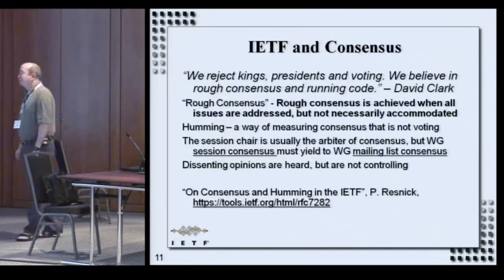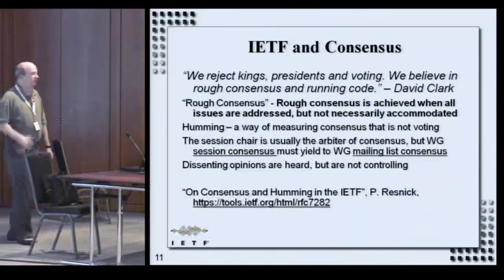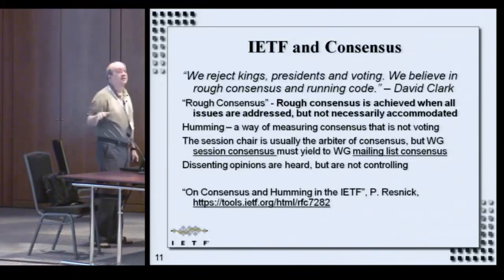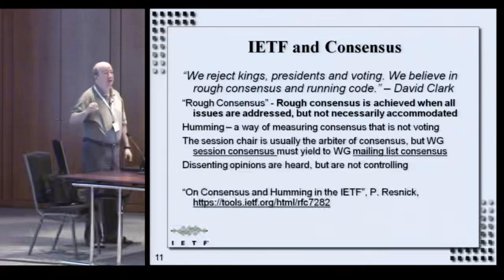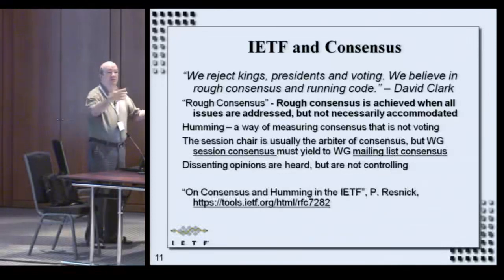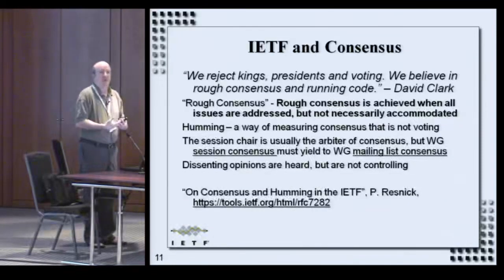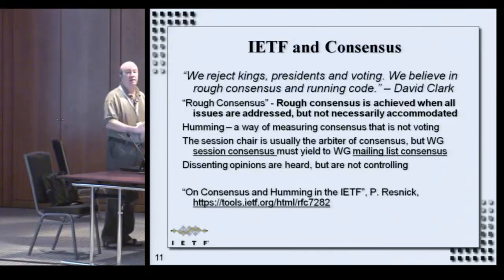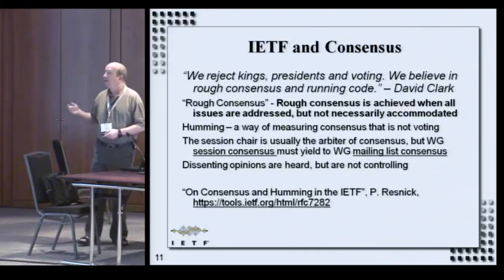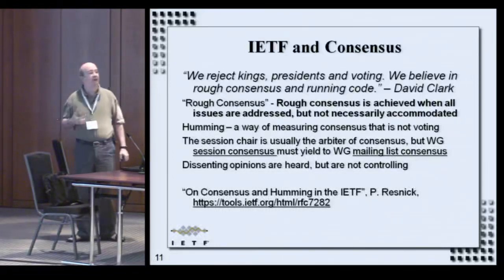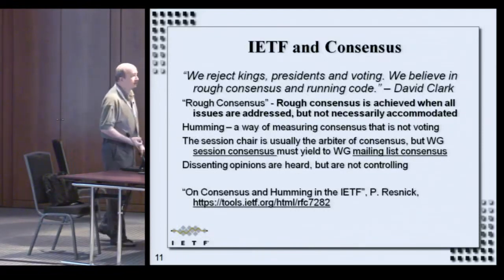We don't vote. Or we sort of vote, but we don't vote. The IETF believes in something called rough consensus, and what that means is that we do not need perfect consensus in a decision to go forward on a standard. We need rough consensus, which means that we've got a good number of the people who say this is a good idea, and we've considered all the other issues. All other issues are addressed, but they're not necessarily brought into the final solution.